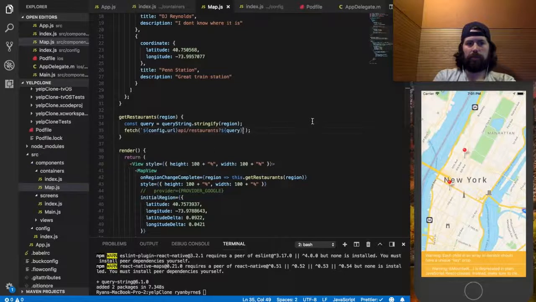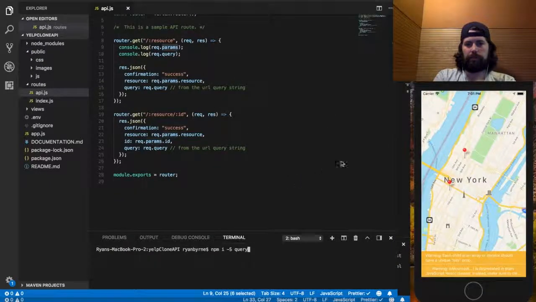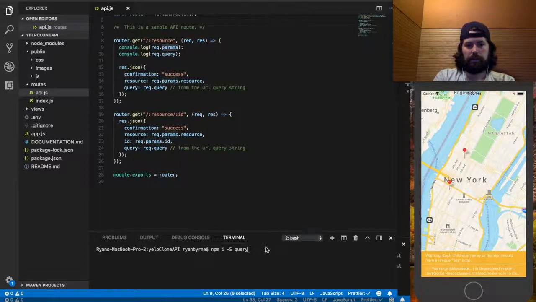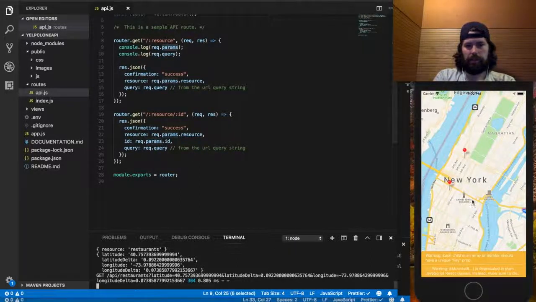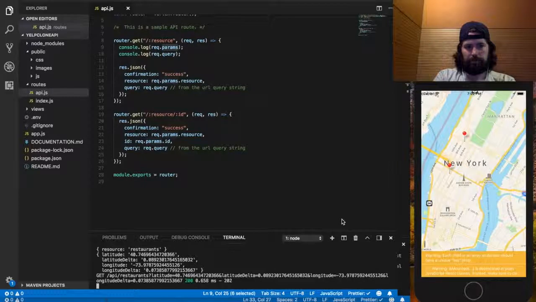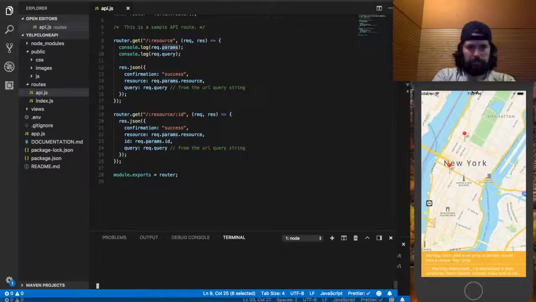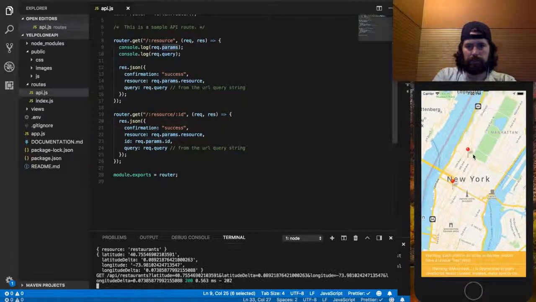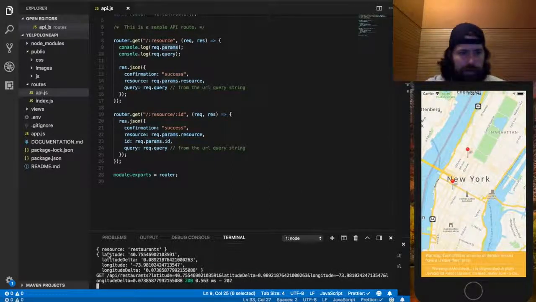And I'm going to open my other tab right here. And look, see? So look, right here's our query string. It's nice and clean: latitude, latitude delta, longitude, and longitude delta, which is exactly what we want. So now we can take that information, and in our next video, we'll